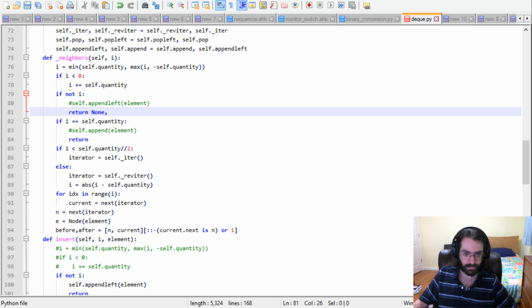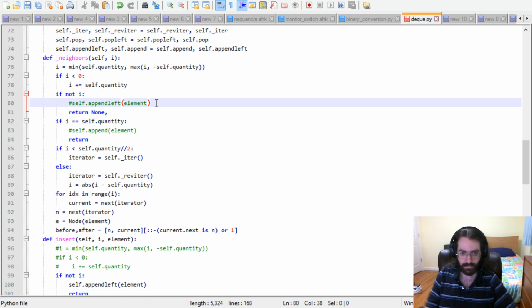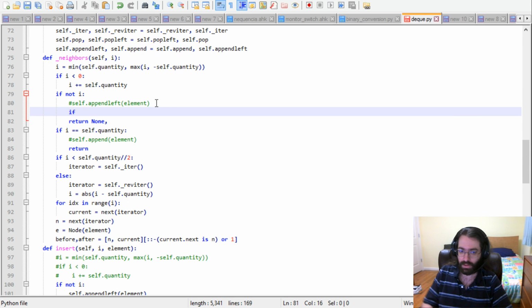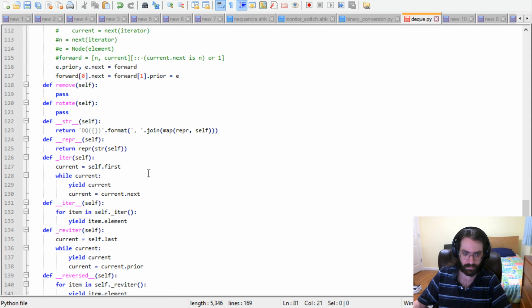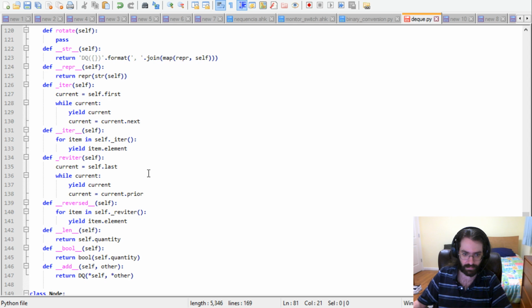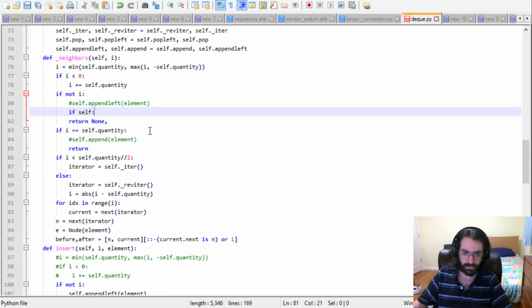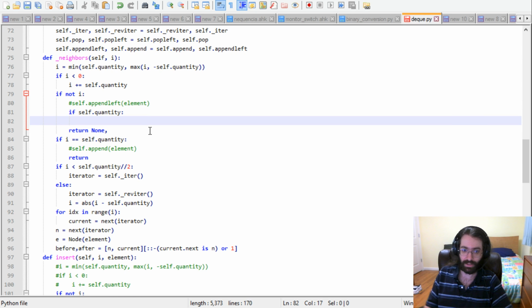Because we have a bool for this somewhere, right? self.quantity. Let's just use self.quantity. It's faster. If we have a quantity of anything in here,